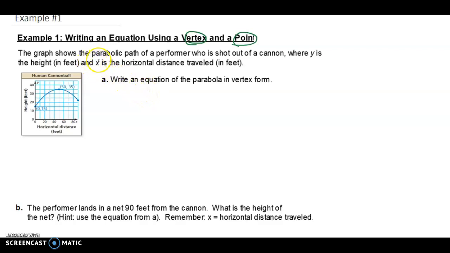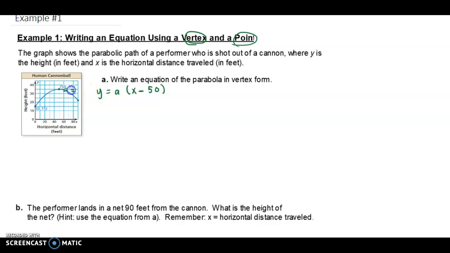Okay, so the graph shows the parabolic path of a performer who is shot out of a cannon, where y is the height in feet and x is the horizontal distance traveled. We want to write an equation of the parabola in vertex form. All right, well, we are given the vertex, so that means we should start writing it in vertex form. Okay, so remember, vertex form is y equals some a, and then it's x minus the x value of the vertex,